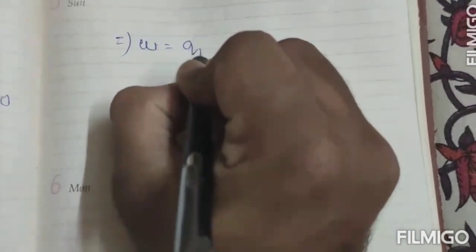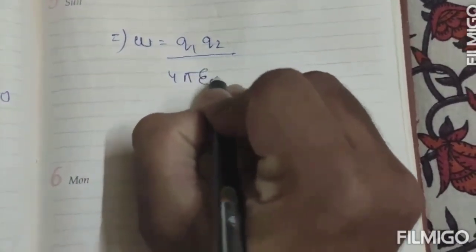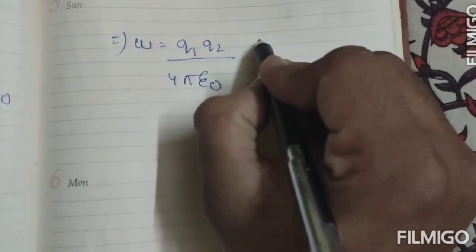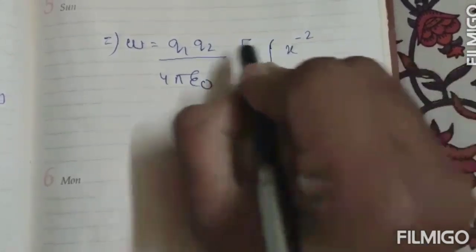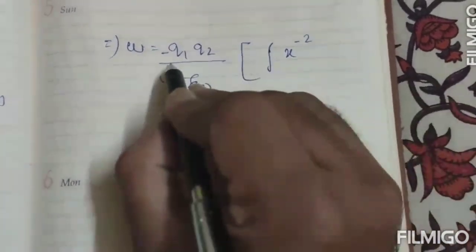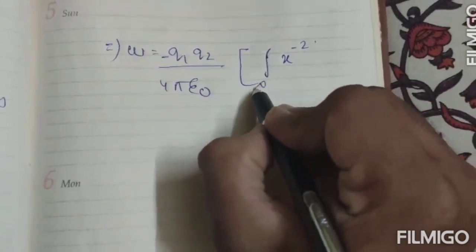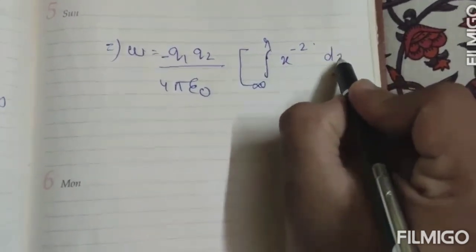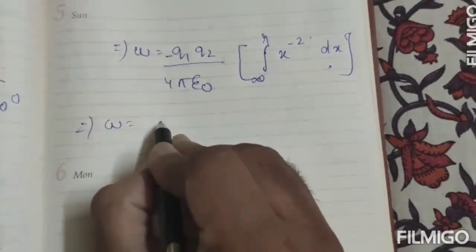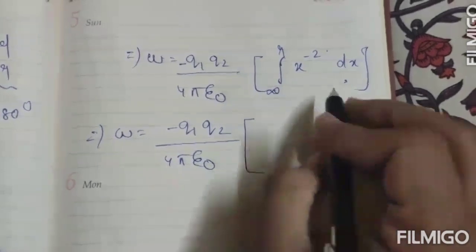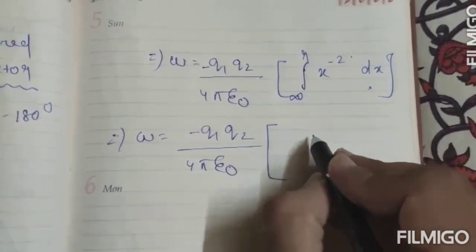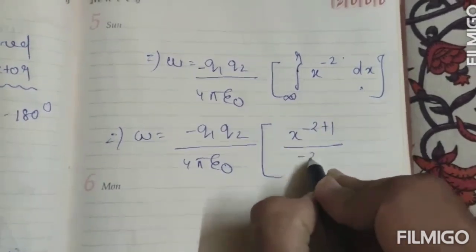So this implies W is equal to Q1 Q2 by 4 pi epsilon naught, and integration of 1 by x square is what? Let us take integration of x to the power minus 2. Minus, I am taking this side because cos 180 degrees is minus 1. And let us take infinity to R. This is dx. Let us integrate. W is equal to minus Q1 into Q2 by 4 pi epsilon naught, and integration of x to the power minus 2 is nothing but x to the power minus 2 plus 1 by minus 2 plus 1,